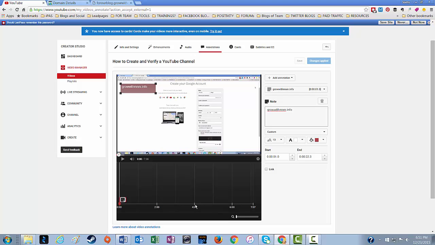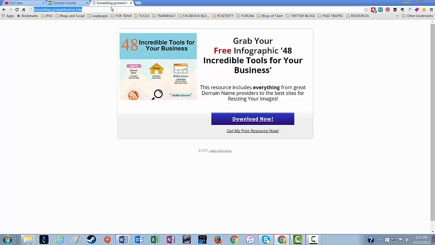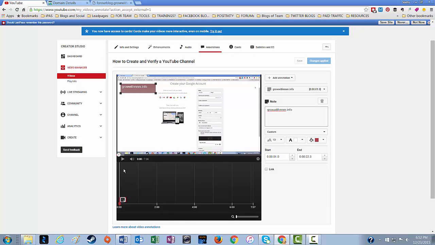Now we want to make the clickable annotation. Just for this example, I have forwarded 4-hour blog.growwithmnm.info to a capture page I created for one of my resources that I give away. In this case, it was a free infographic. So I want to add an annotation at the end, maybe the last 40 seconds or so, that says, hey, go grab the resource guide. So now we're going to add another annotation, and again, I like to use the note, and